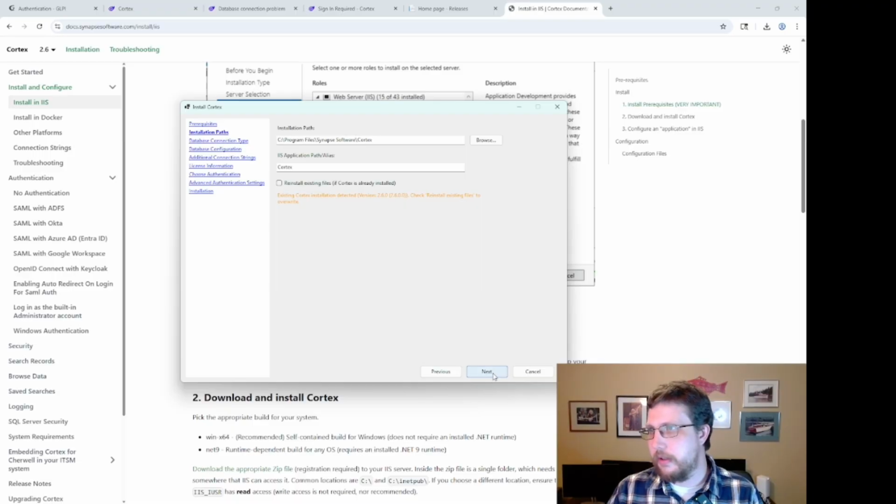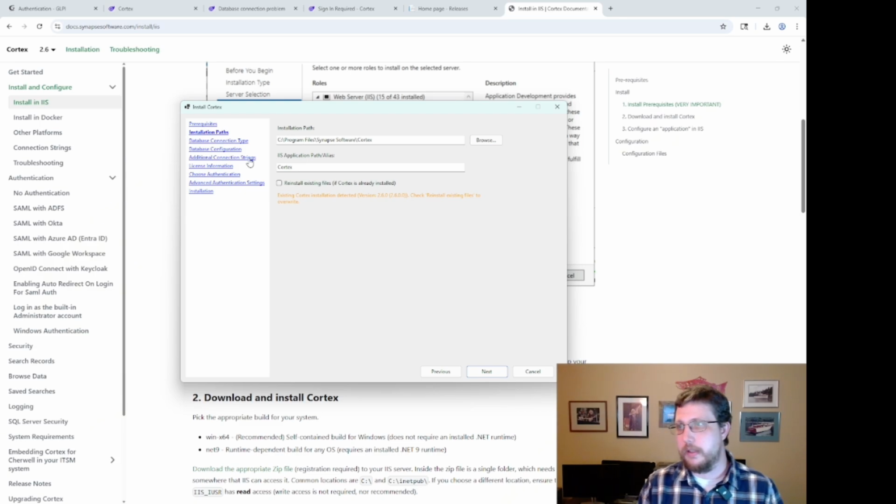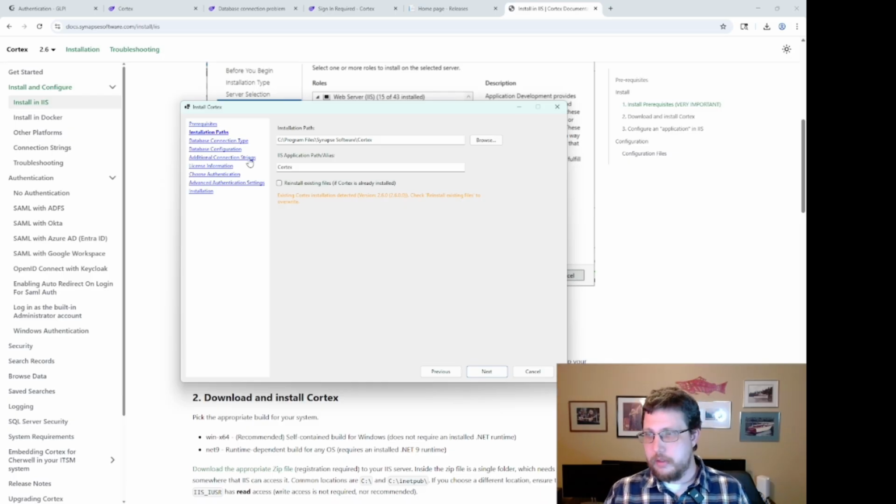From here, you can next to set up the database. This is the database that Cortex uses to store its own state, and then additional connection strings. So if you're installing for Cherwell, you'll set up the Cherwell connection string. If you're installing Cortex for Avanti Neurons, you'll set up the Neurons connection string. ServiceNow, same thing, Jira, and so on, right? These are some basic defaults. As we continue to add more and more systems that we support, a lot more will be configurable through the actual web application